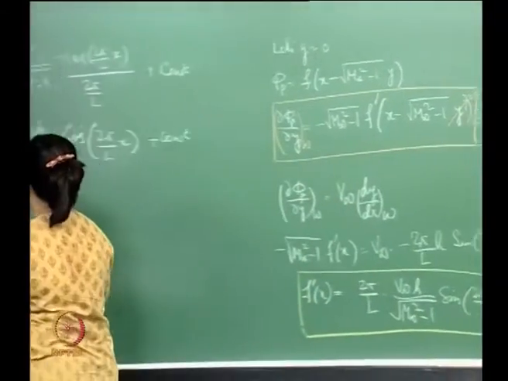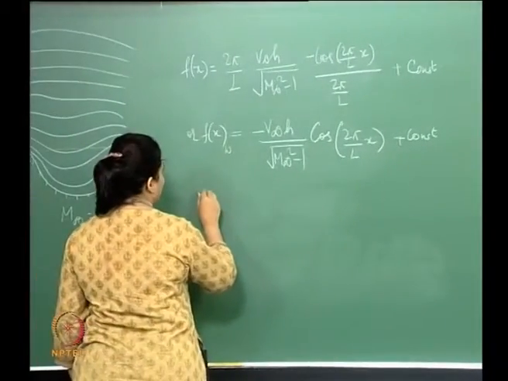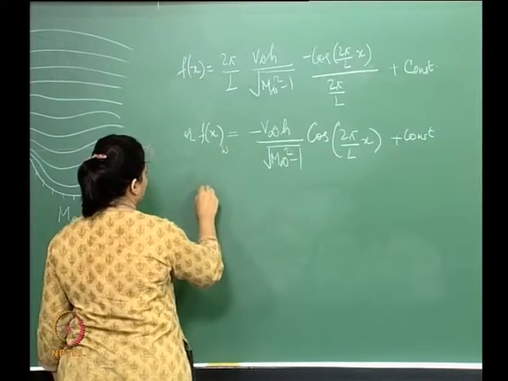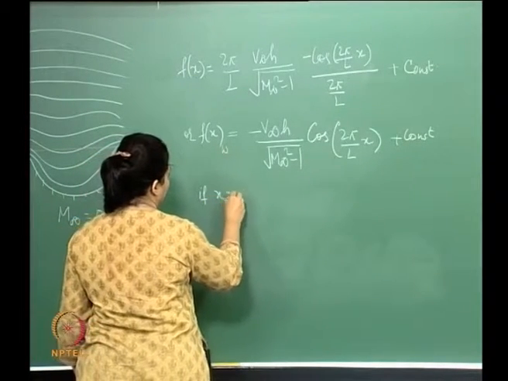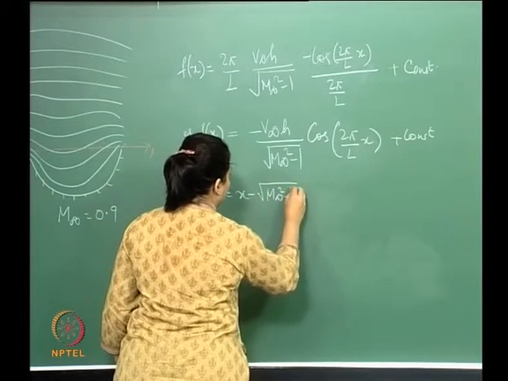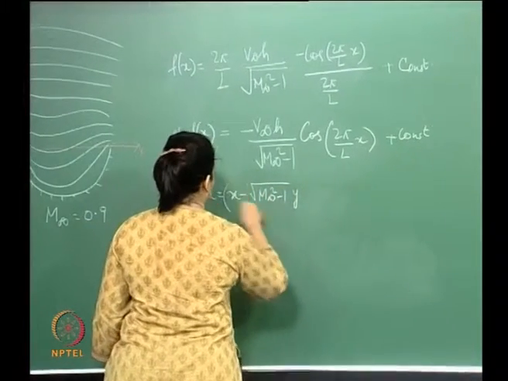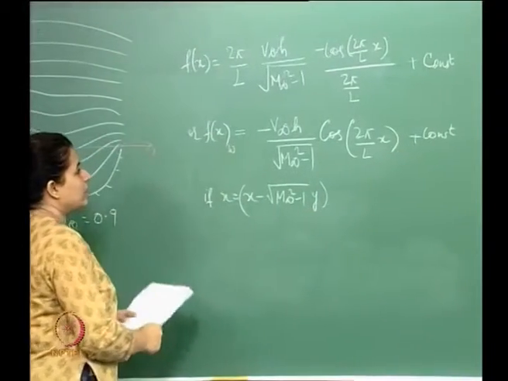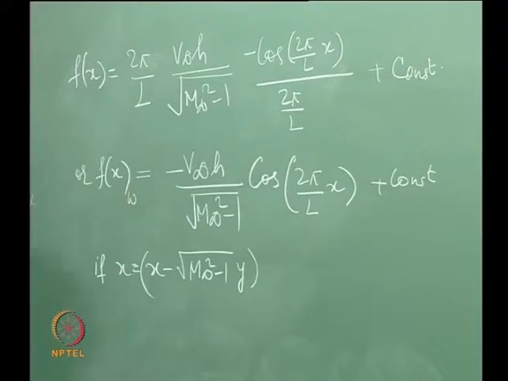So instead of x being just x, for any arbitrary x here, this equation for any position in the flow field will look like